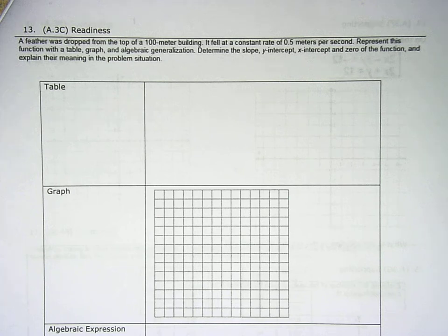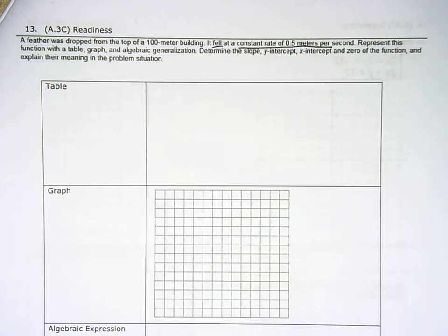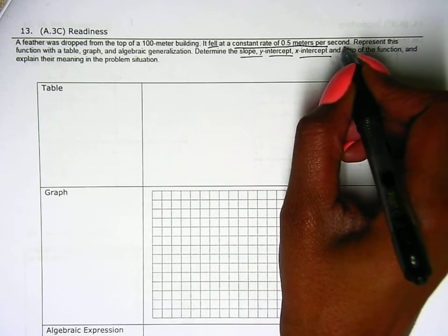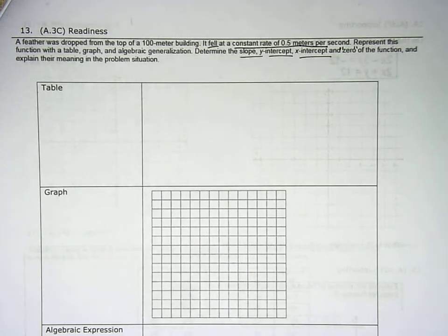Number 13 says a feather was dropped from the top of a building, a 100-meter building actually. It fell at a constant rate of 0.5 meters per second. Represent this function with a table, graph, and algebraic generalization. Determine the slope, y-intercept, x-intercept, which is also called the zero, of the function, and explain their meaning in the